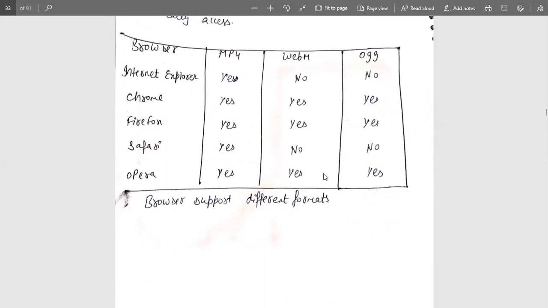This is the basic tabular format showing whether these three extensions are supported by a particular browser or not. Firefox supports all three extensions, but Safari does not support the other two, only MP4. Opera also supports all three formats. Chrome also supports all three. So these are different browsers with different video formats that may or may not be supported. So this is all about images and multimedia.